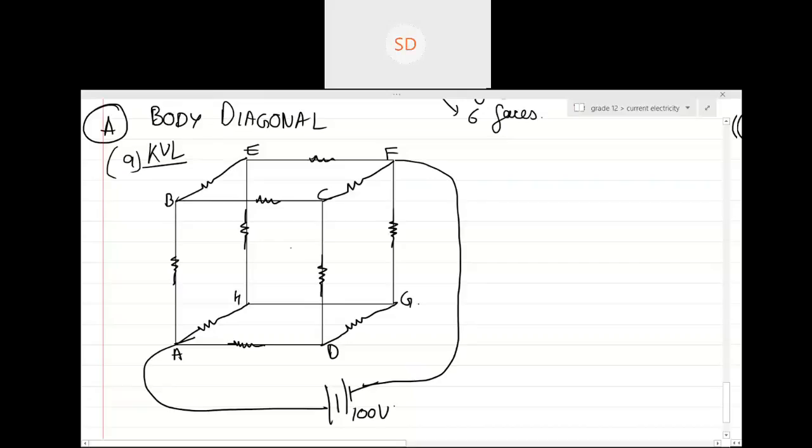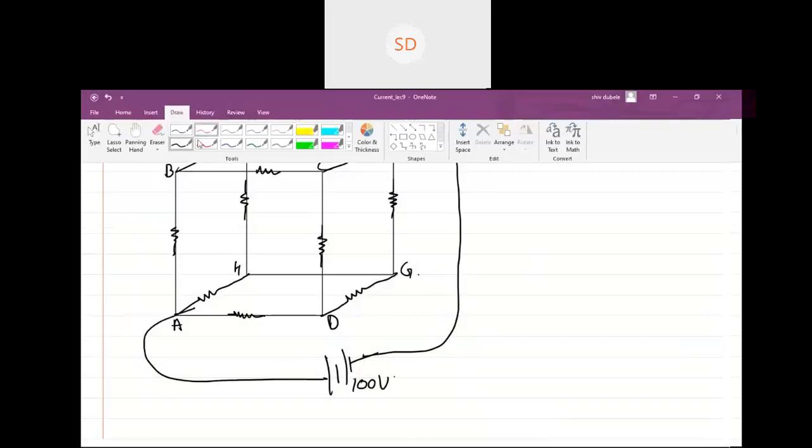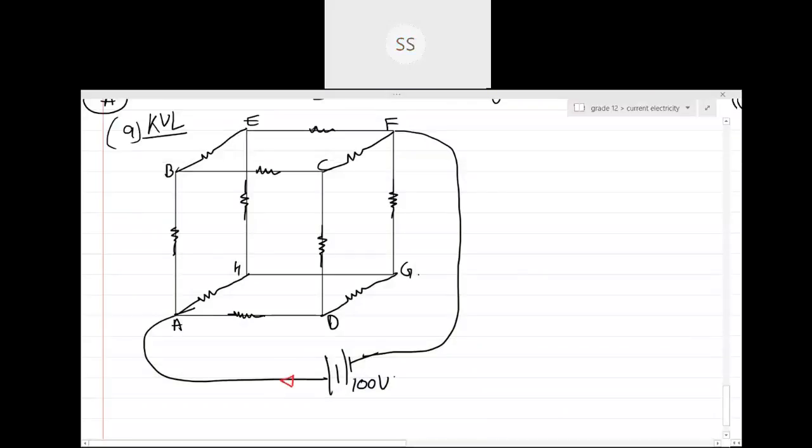Then using symmetry as well as the SS method. So many concepts will be required together, and I'll tell you how exactly to do all this. First, we are doing it using KVL. Whenever it's KVL, let me copy it. I'm not going to use this diagram again. So whenever it's KVL, how will you draw the current? When you see a current I comes through the battery, this current I will reach over here, yes or no? Here what I am using is KVL plus symmetry.